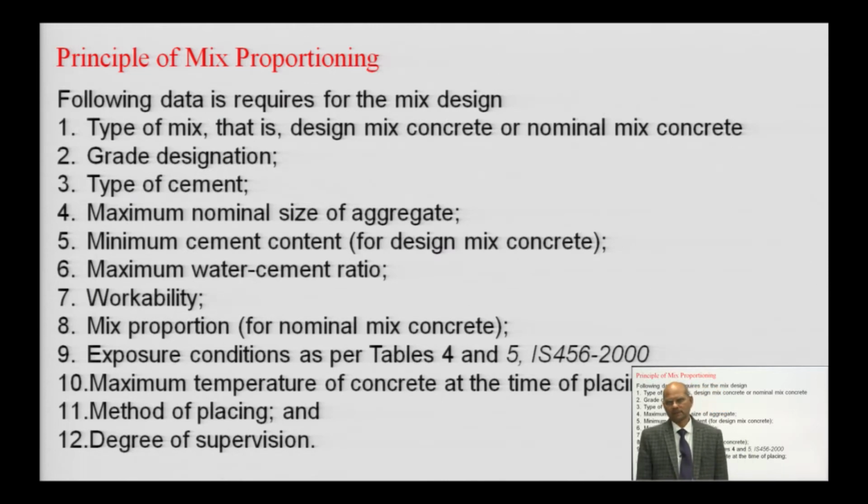Then we have workability. Workability is also a very important parameter when we design a mix. For different purposes IS 456 has given the slump value, so this much slump is required for that particular category of concrete. That has been discussed in an earlier lecture. Workability can be decided by slump, compaction factor or VB test. And for mix proportion in nominal mix concrete, there is a certain limitation on what the ratios should be, and that is by weight, not by volume, according to IS 456/2000.